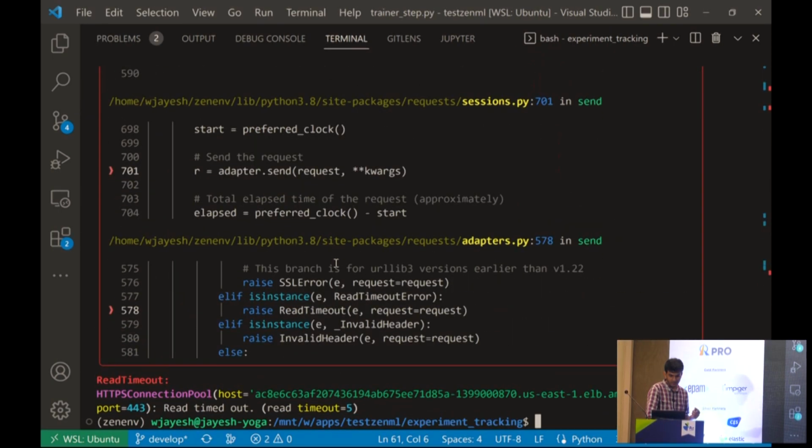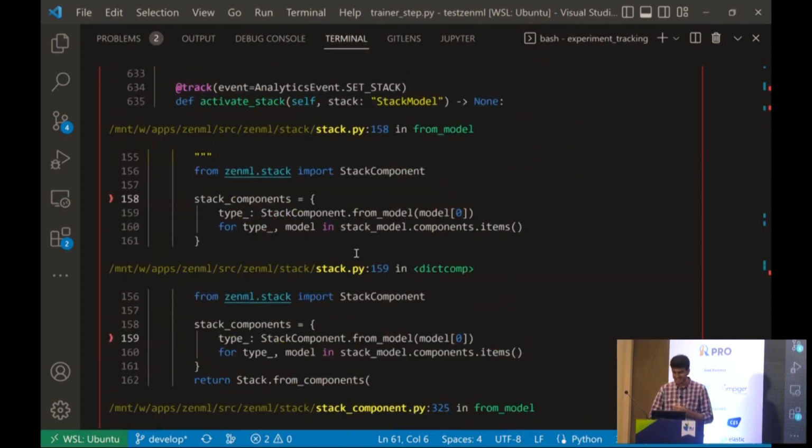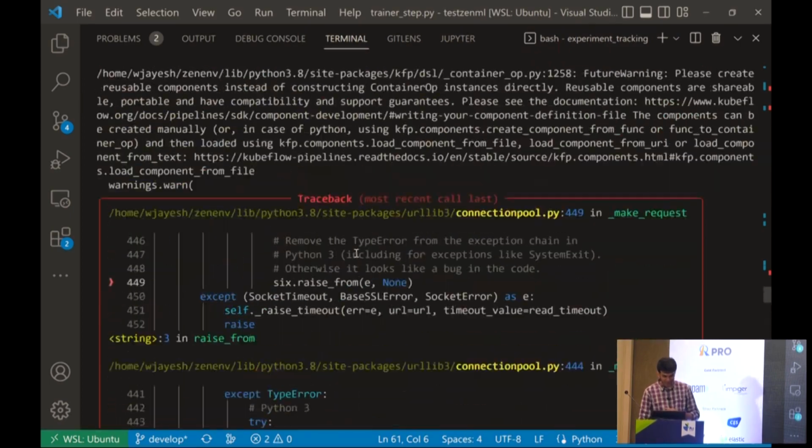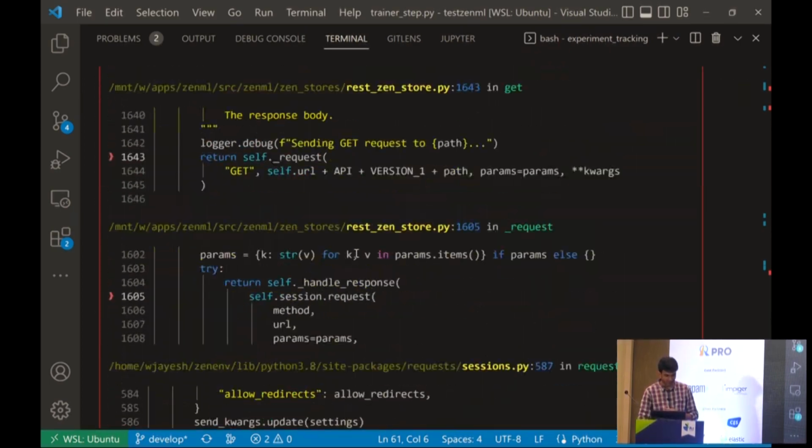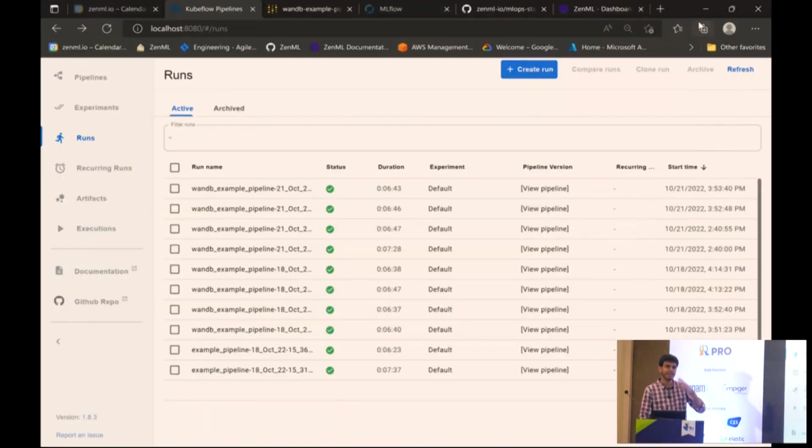Okay, connection timeout. I think the AWS is not working. That's cool, no problem. It tried to connect to the hosted ZenML server, but it somehow failed with a connection timeout. But yeah, you get the idea. That's the only thing I have to change. Change the stack component, run the same python.py, and now I could have watched it on MLflow.